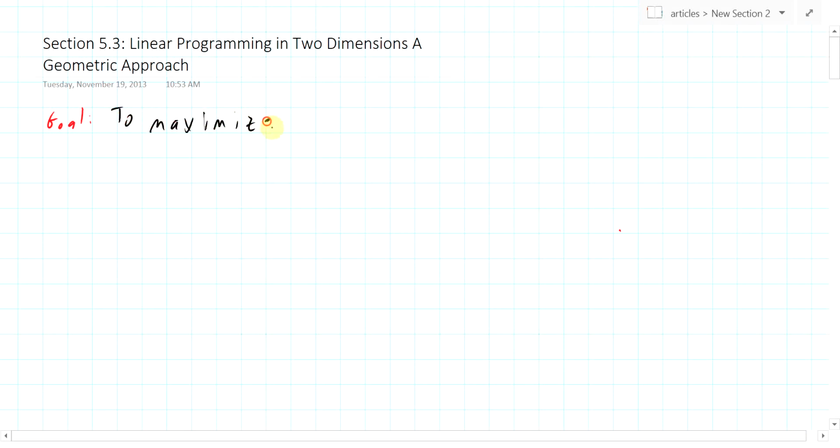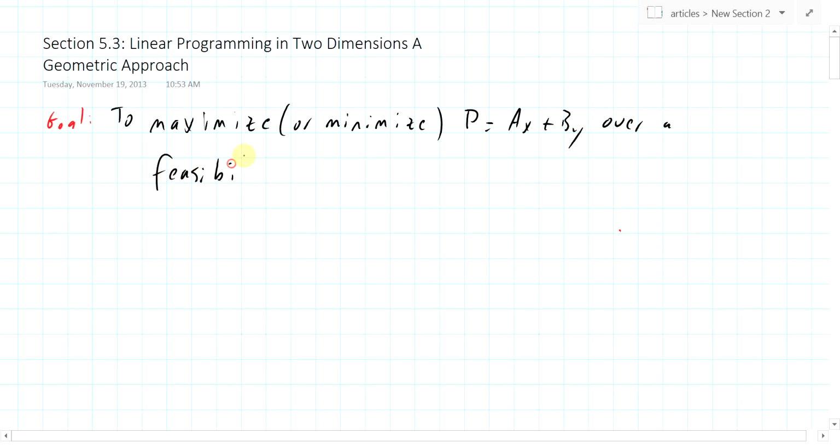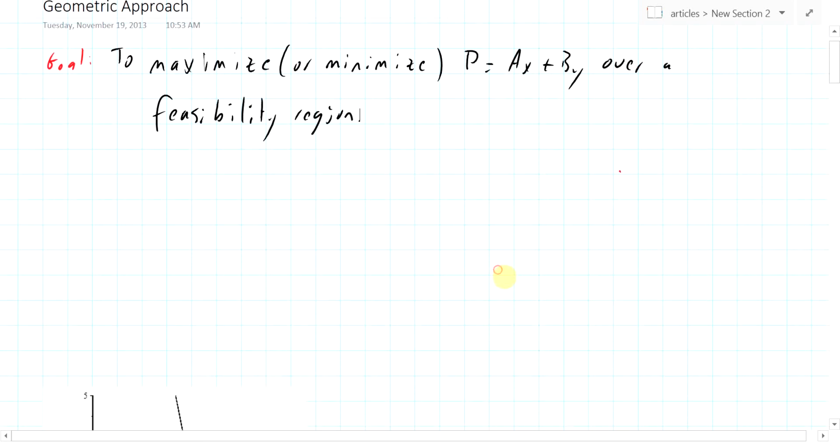Use it to maximize or minimize. Usually we're maximizing things though. Something in the form P equals ax plus by over a feasibility region. And what does all that mean? Well, P, usually this is a profit, and a feasibility region means that we have some kind of budgets, and we need to be able to maximize the profit that we want to make, given the budget constraints that we have to work on. So as an example,